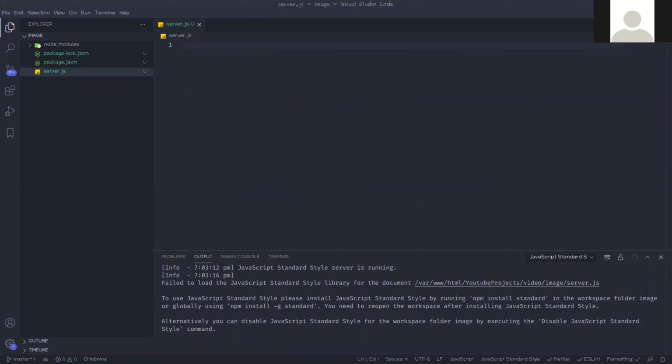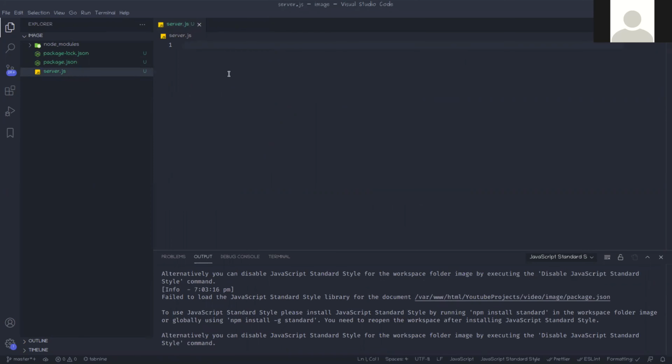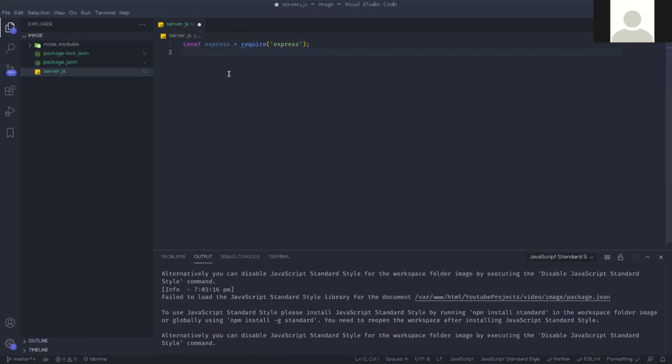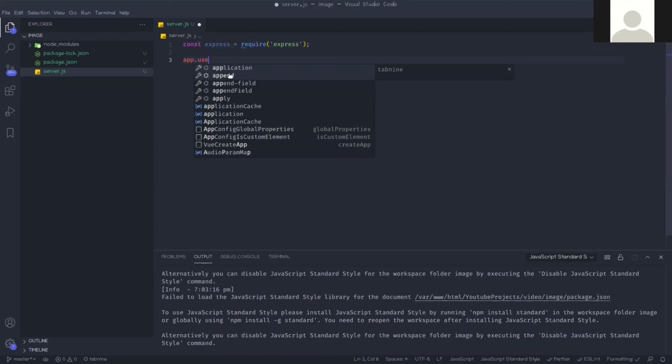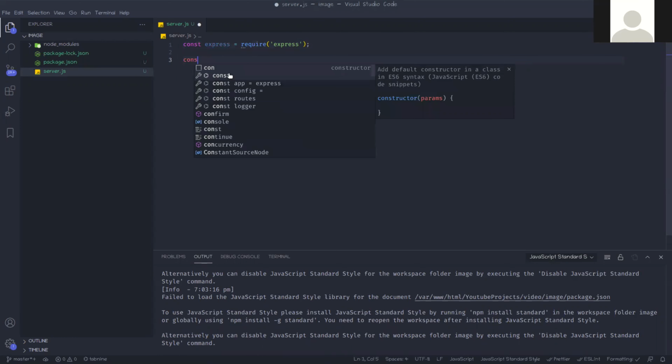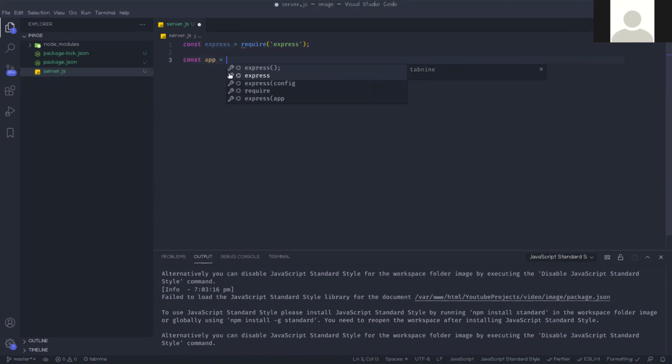So for server.js, first we need to bring Express. Then we need to bring Multer. We don't need to bring it here. Next, const app equal to Express.